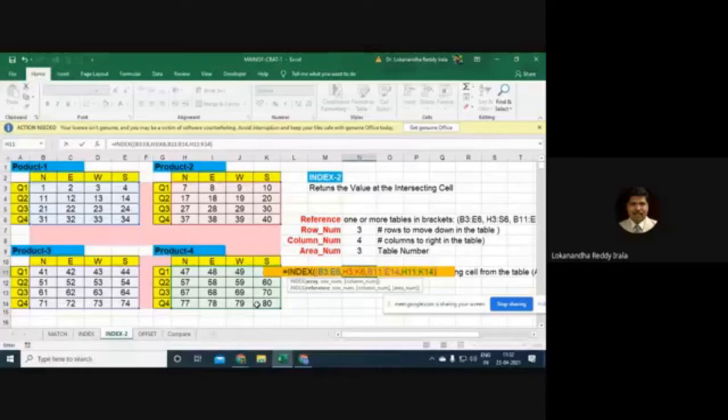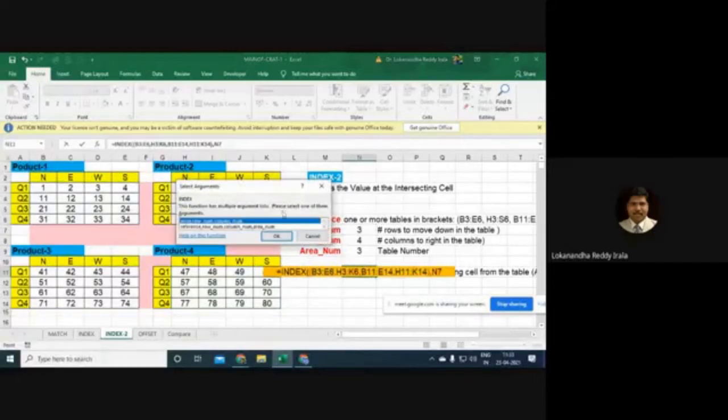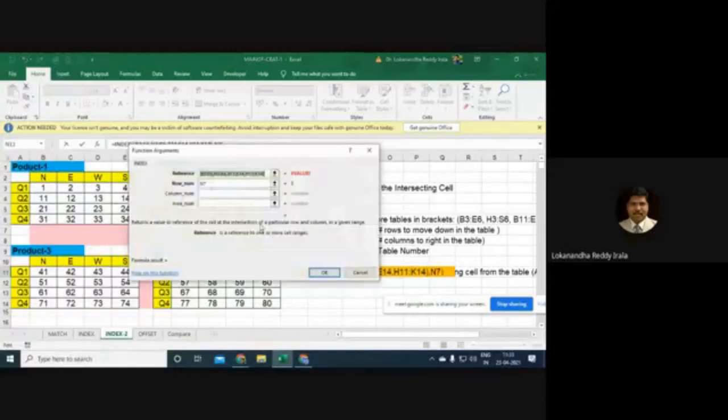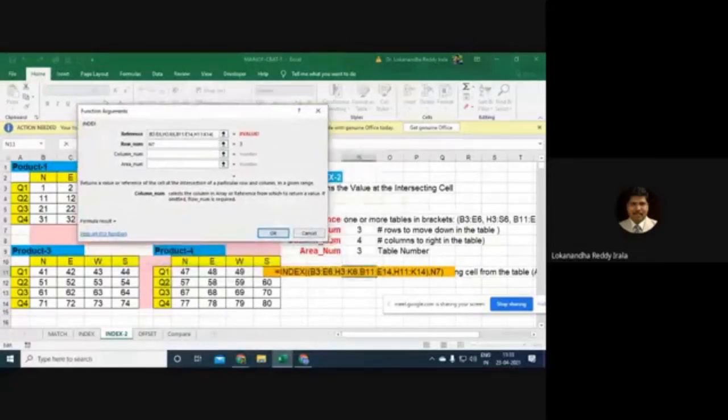So I put commas, but then I put all of them in one bracket so that all of them constitute the first argument. For now, I put a comma. Now I'll get into the second argument. The second argument is the row number. Now I can open this and see. Yeah, now all this is in the first argument. Then column number. The column number is this.